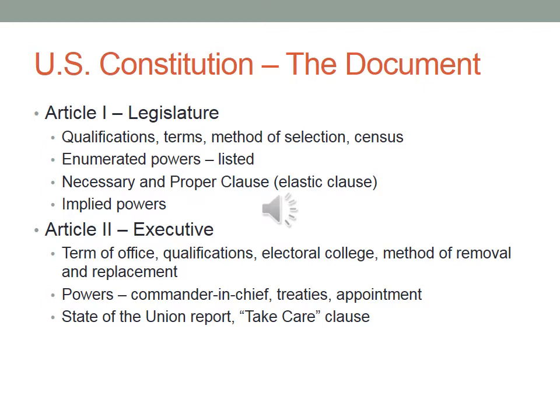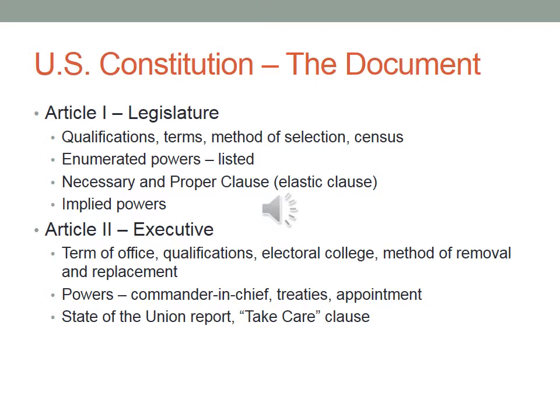And we'll talk about the reasons for that later, but it's basically based upon the need to know where everybody lives. In a census, you count where everybody lives, and you need to know where everybody lives if you're going to base representation on population of each state. Also lists the enumerated powers given to the legislature by the Constitution. Enumerated basically means listed, spelled out clearly, so there's no question or ambiguity with regard to what powers the legislature